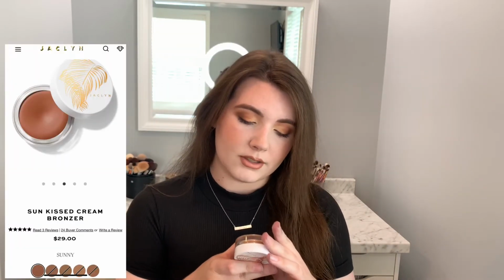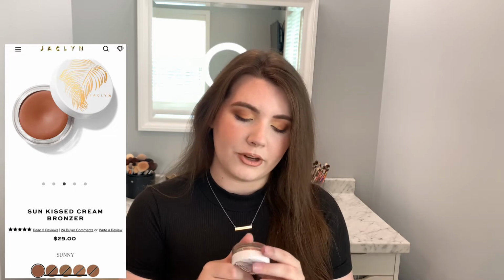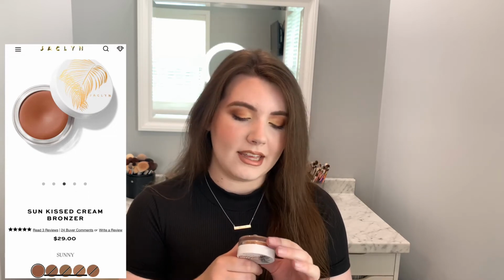It's more of a buildable formula. You can do it kind of sheer, or you can really build it up to full pigment. And I just feel like it's really beginner friendly, and again, you get the best of both worlds. So I've been really reaching for this one. And the next one is the Jaclyn Cosmetics cream bronzer in the shade Nakey,